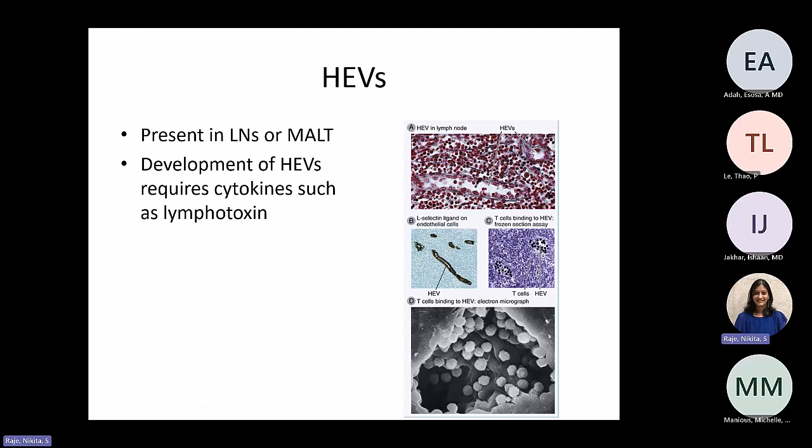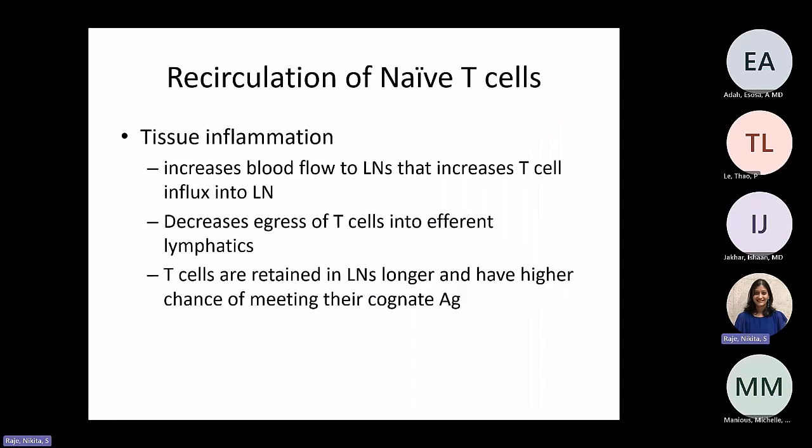We know that the lymphocytes enter the lymph nodes or secondary lymphoid organs through HEVs. Here is just a picture, different types of pictures of HEVs. The development of HEVs requires cytokines such as lymphotoxins. All right. I believe we talked about the process of recirculation,